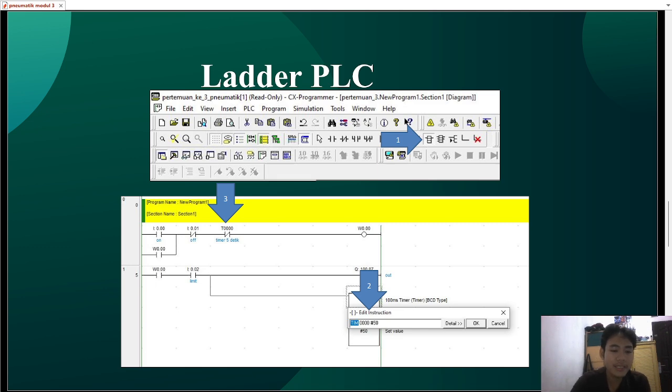With this combination, the overall logic of the program works as follows. The operator first turns on the system by pressing the on button. The system stays active due to the latch and can be turned off anytime by pressing the off button. When the system is running, if the limit switch detects a certain condition or position, the timer begins counting. After 5 seconds, the timer provides an output that can be used to activate other equipment such as a motor, a conveyor, an actuator, or an alarm.